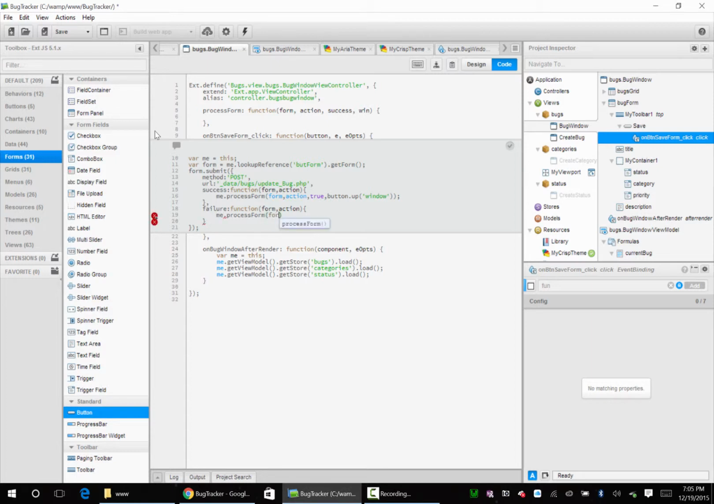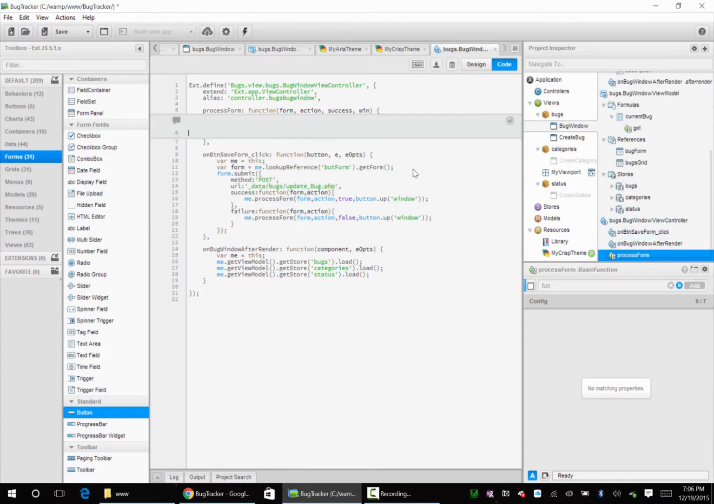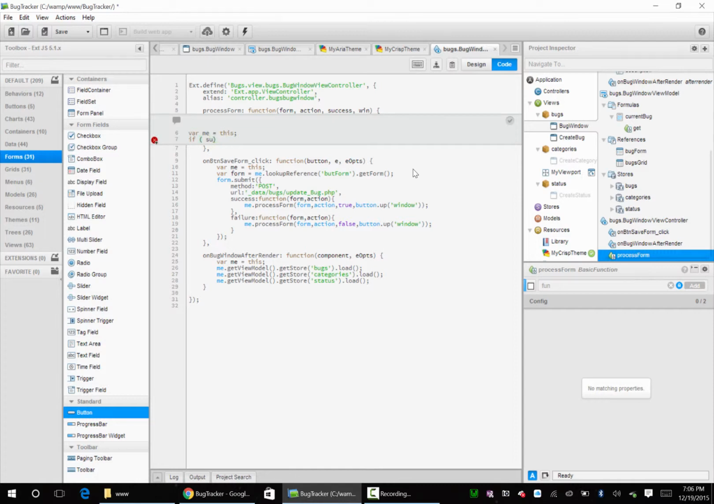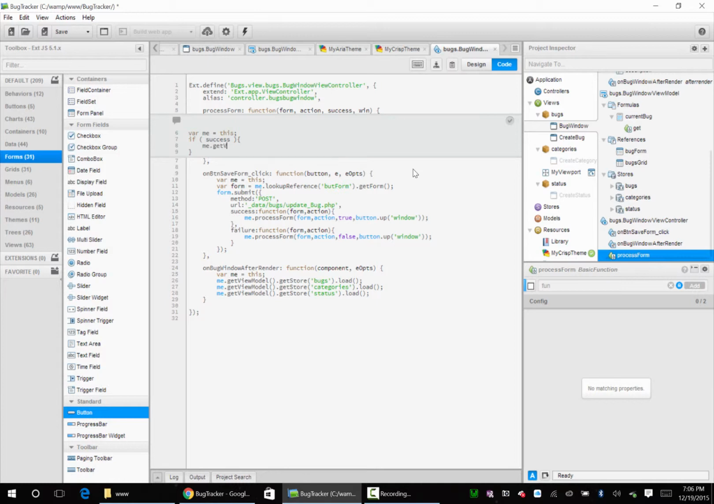Me.process form action false button dot up window. And then we go to our function. If success is true, me.get view model, get form, get store bugs dot load, else